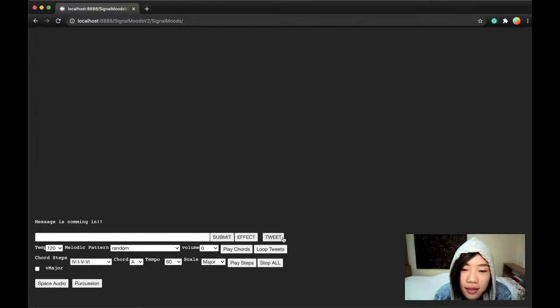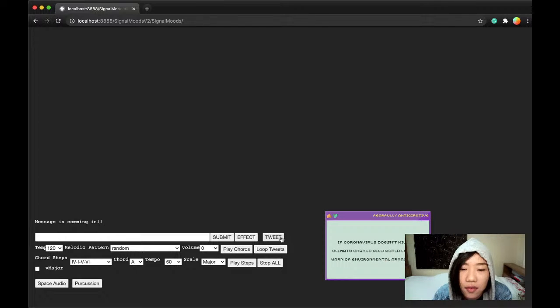Okay, here you go. Alright, so maybe I change this to be 100. This is 100, and I'll change this to be a different step. I'll play it. You can see it's different. The step here doesn't have anything, it's just random. A chord. This is a C chord. And this is a D chord.